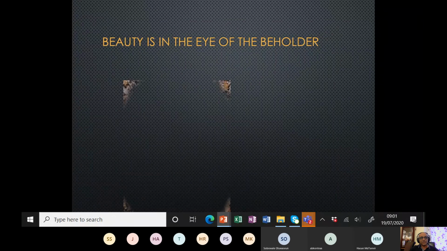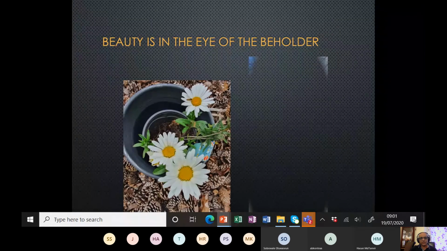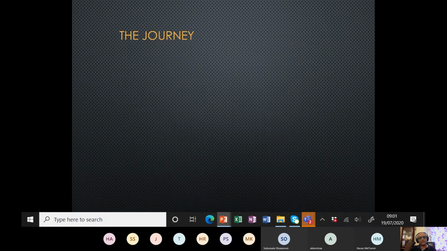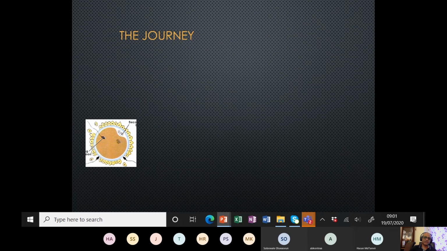And just because it's there in your back garden, it's there along the paths of your garden, and it's about appreciating the beauty of it. Let's get it as a journey. We start the journey